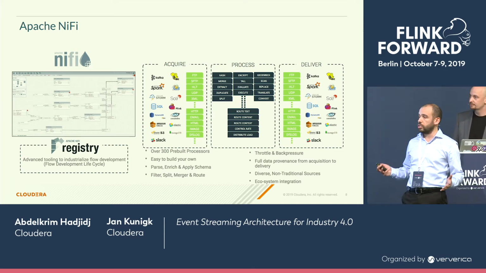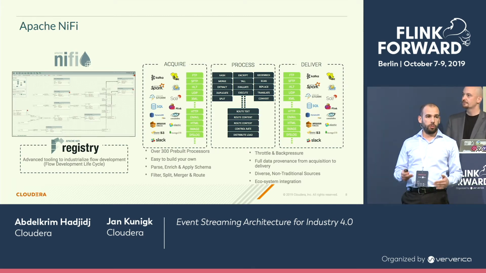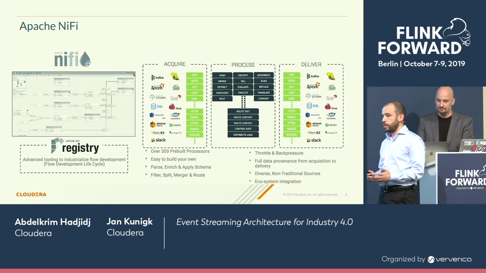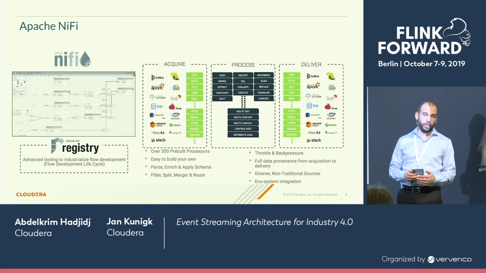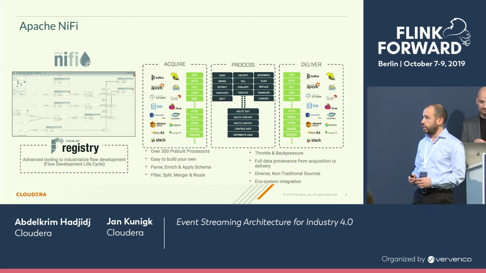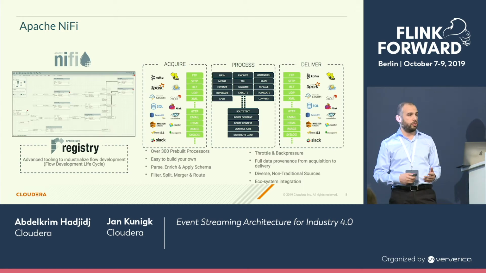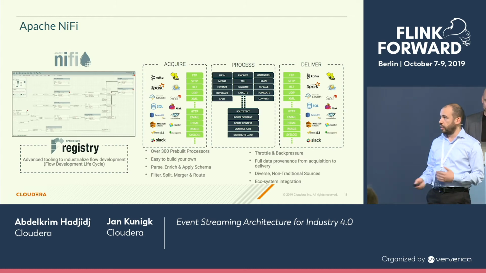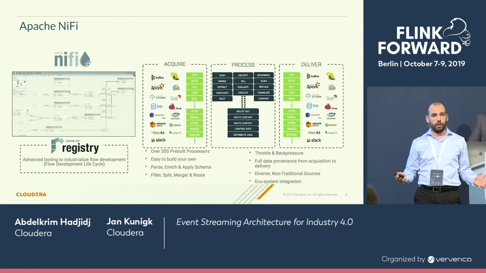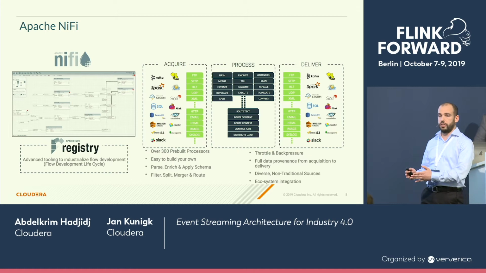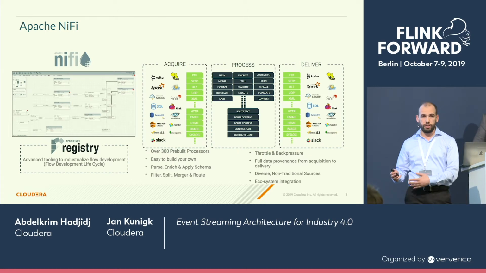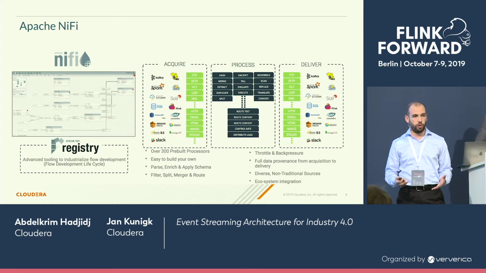It's a distributed system that has out-of-the-box connectors to a very large number of data sources. We have maybe around 300 processors today. So it gives you the possibility to connect to several data sources like JMS brokers, Kafka, S3, MongoDB, a large ecosystem, to move this data and store it somewhere. It can be in Kafka, it can be in S3, in HDFS, wherever you want.